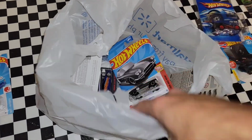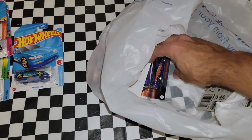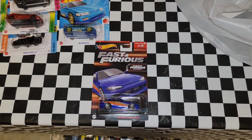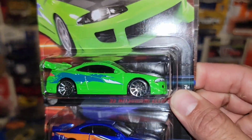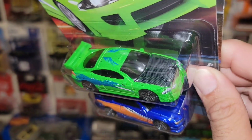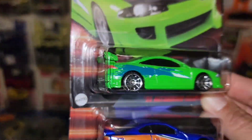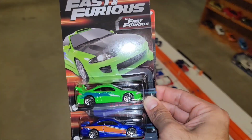And the last 3 right here, we grabbed another 62 Corvette. And then last 2 right here, guys, the Fast and Furious releases. You got the Silvia S15 and the iconic hero car, aka Brian O'Conner's 95 Mitsubishi Eclipse. This is a really cool casting. There's so many releases and versions of this tooling. Different wheels, different bases, different wings. And this one looks good. I don't think I have this particular one, but we'll go ahead and check. I think I have it in